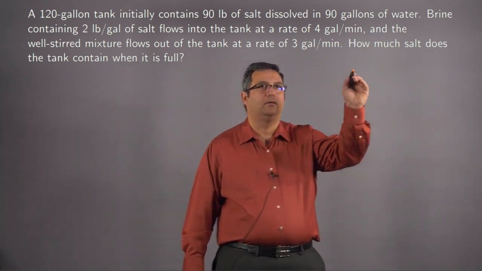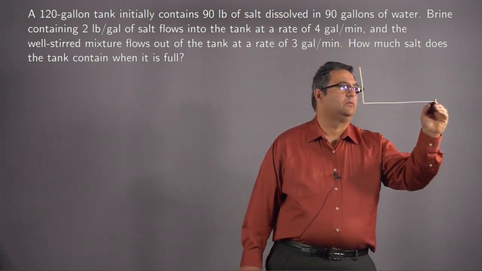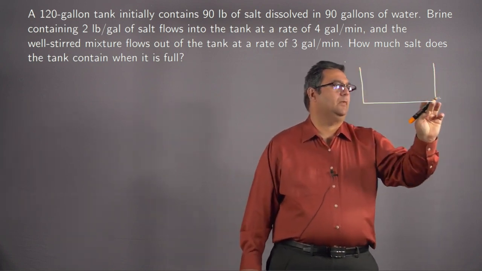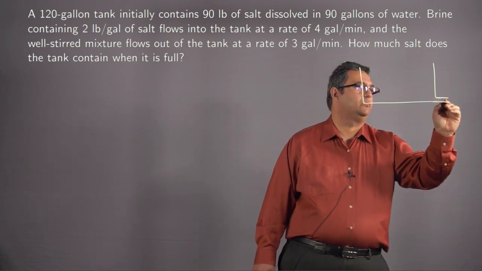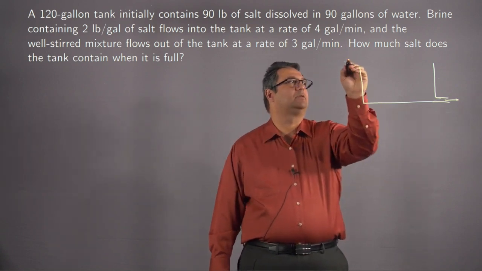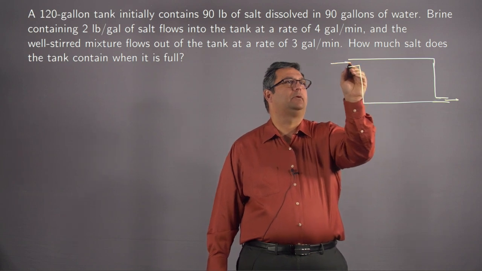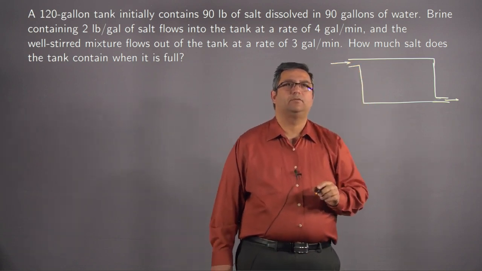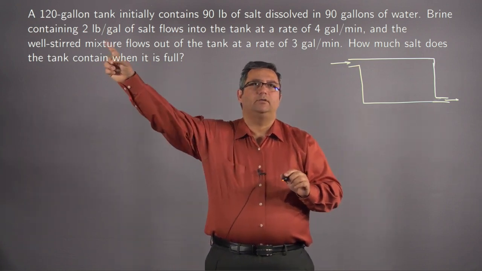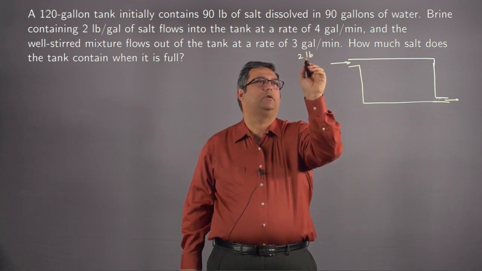So we have a tank, and this tank has an exit where flow is coming out, and there's an entrance here. And the conditions for the entrance are given. Brine containing 2 pounds per gallon. So that means